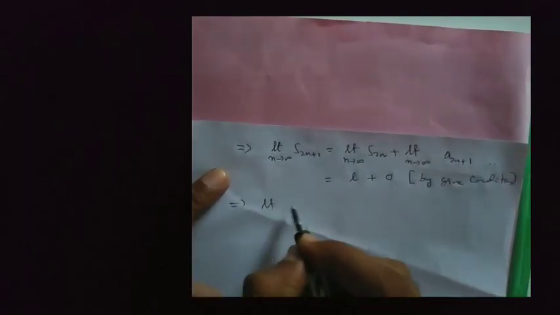This implies the limit of S of 2n plus 1 as n tends to infinity will be equal to L. Therefore, this shows that the sequence Sn converges to L. Hence the summation from n equals 1 to infinity of minus 1 to the n minus 1 of an is convergent. Now with this we can conclude the